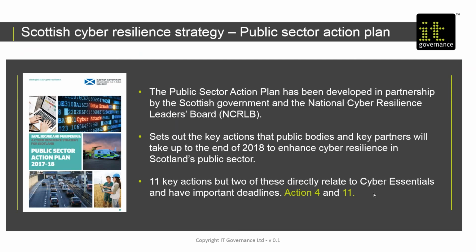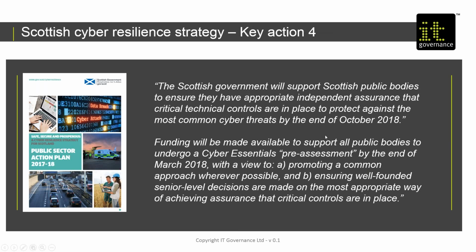So the 2 actions we're going to concentrate on over the course of the next webinar are actions 4 and 11. Those are the ones that have important deadlines and directly relate to Cyber Essentials certification, which you can start doing literally right now in order to get compliant. And there are some important deadlines surrounding these 2 particular actions as well. So key action 4 is to do with